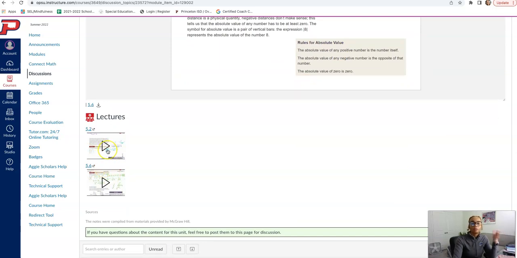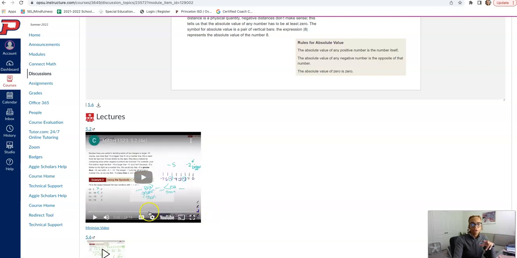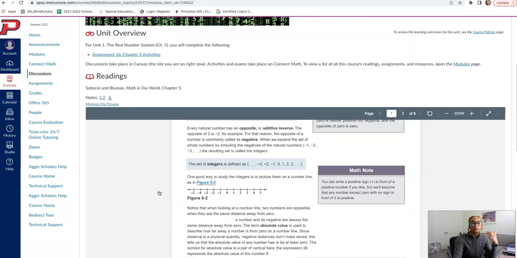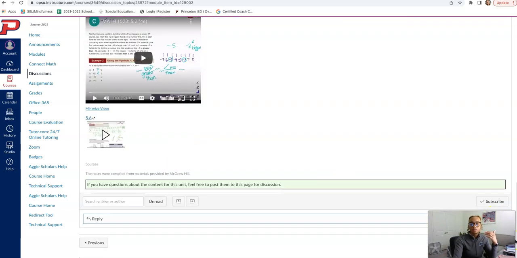I'm not going to press play here, but when you press play, it'll play the video and open up in another screen. It's from YouTube, so you can watch it here, or you can open it in full screen or go to YouTube and watch it. Either way, these notes follow the videos to a T. All right, so if you hit next,